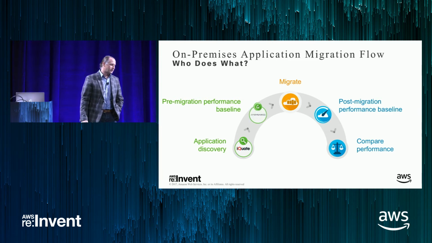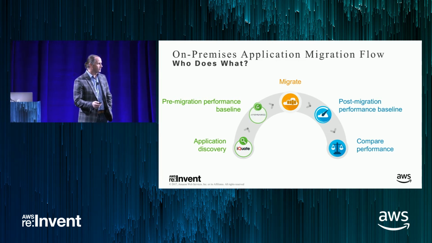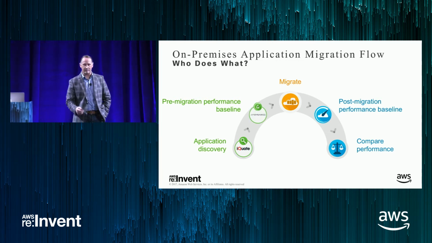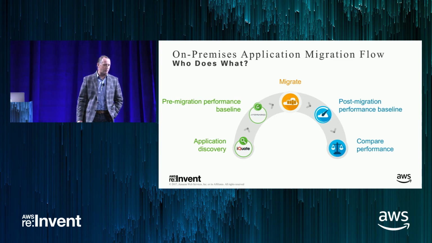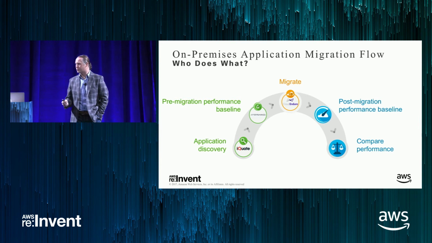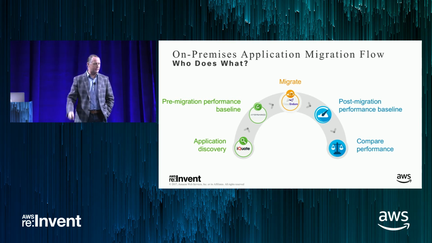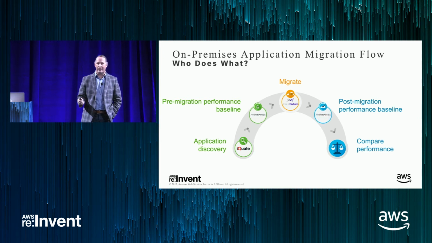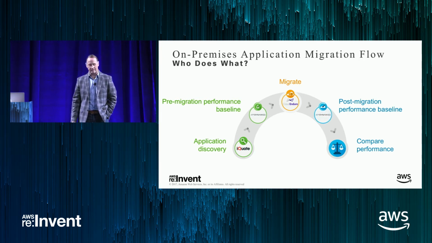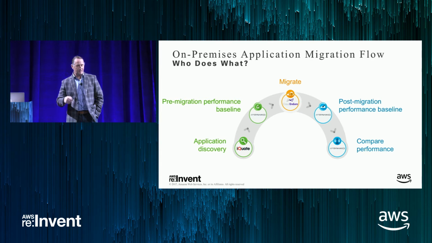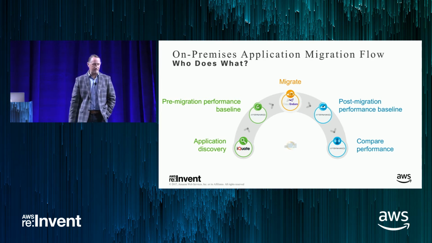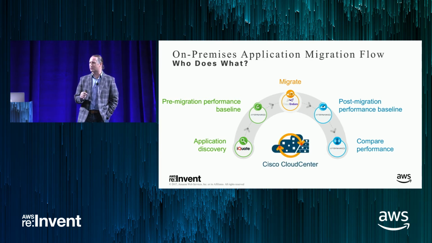Okay, so iQuate is doing our discovery for us. AppDynamics, a product that Cisco acquired about a year ago, is doing our performance baselining. We're using CloudEndure as an actual lift and shift product, so they're picking up the bits, flying them somewhere else, and doing the fix-up and things that need to be done. We're then using AppDynamics again to do the post-baseline. And then finally, how do we actually comparatively look at the data? And then who's actually orchestrating this?